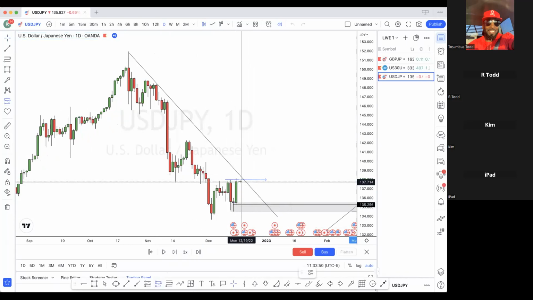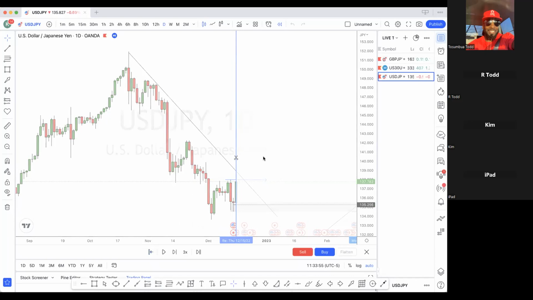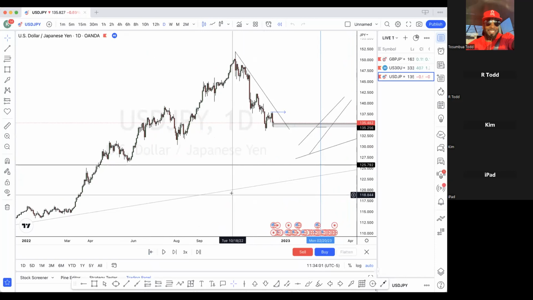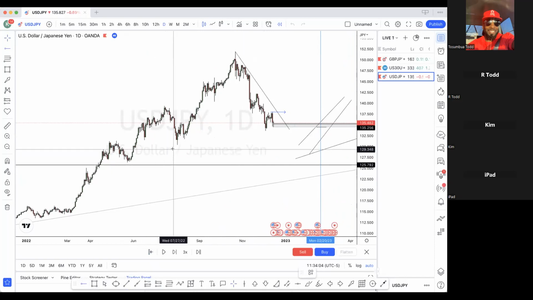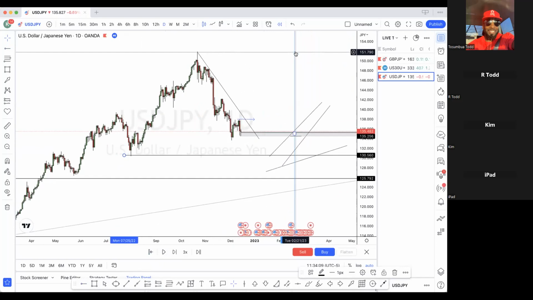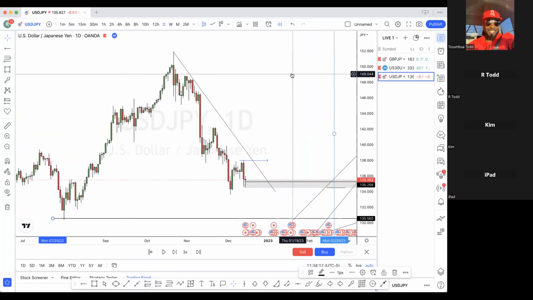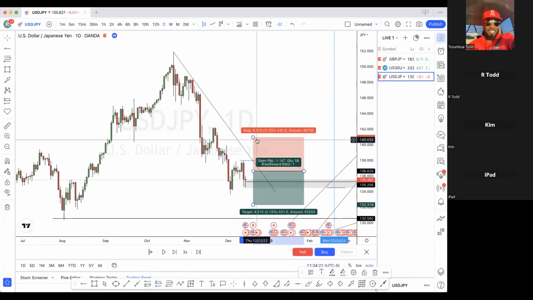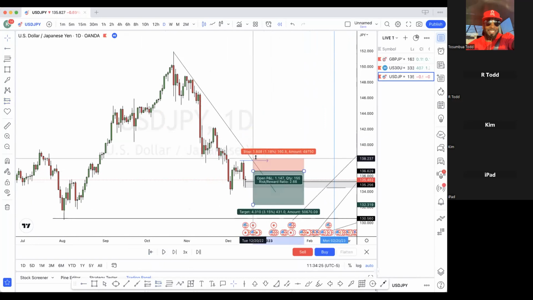That's just my thought process. So let me go back. Because we're moving down, I'm expecting sales, and I'm expecting a sell at least to these lows right here. That would be my current target. So now that I have a pullback near the trend line, I'm expecting you can put your entry here, or you can put your entry,